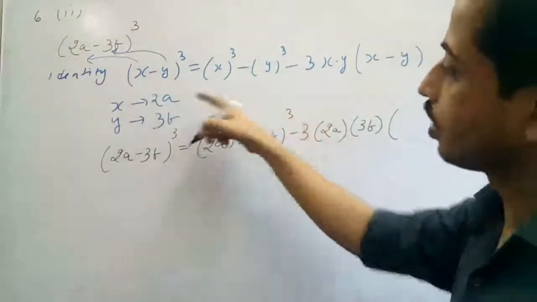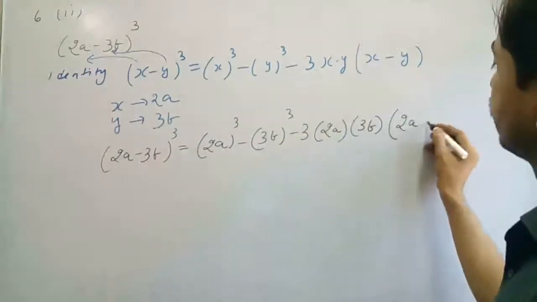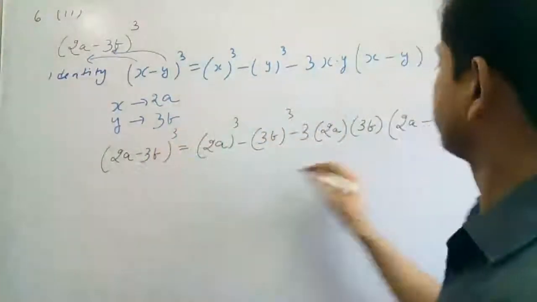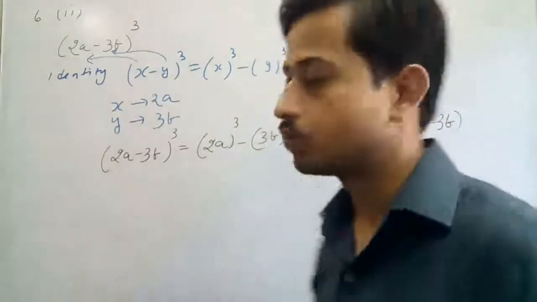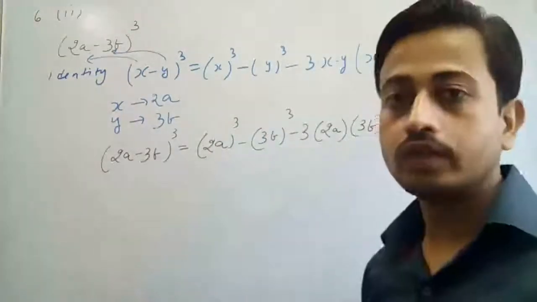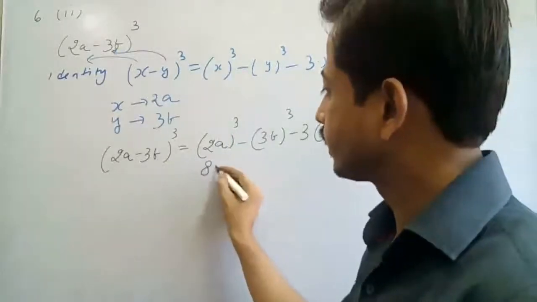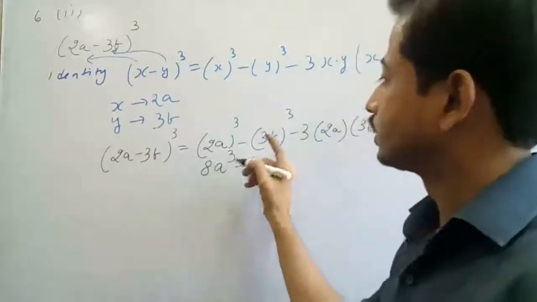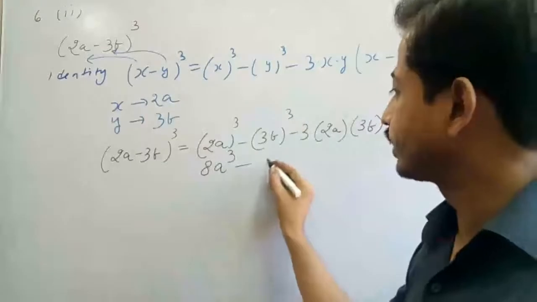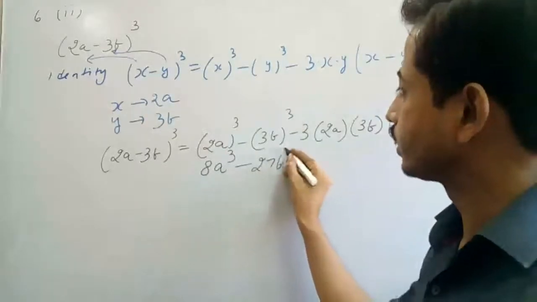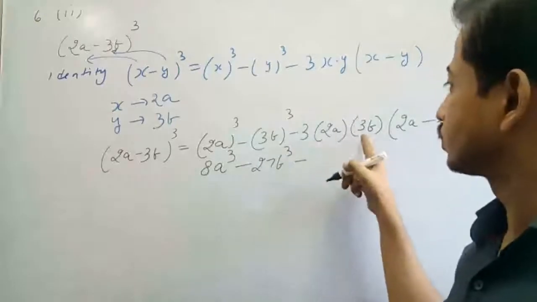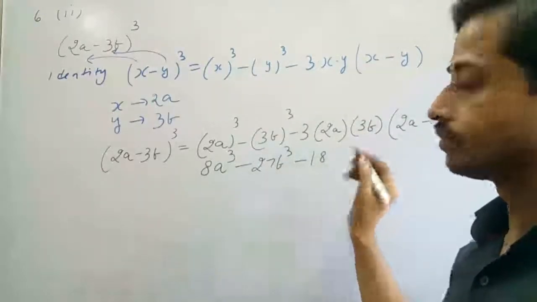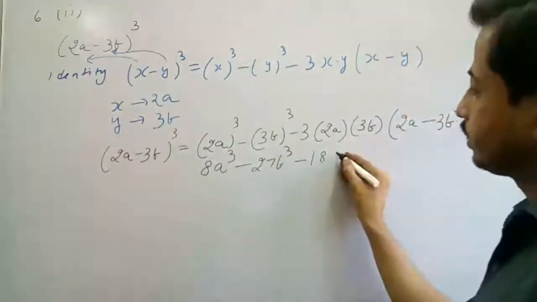Multiply x, which is 2a, minus y, which is 3b. It's very simple to multiply. 2 cube: 2 into 2 into 2 we get 8a cube. 3 into 3 into 3 we get 27b cube. Now 3 into 2 is 6, 6 into 3 is 18, a into b, ab,